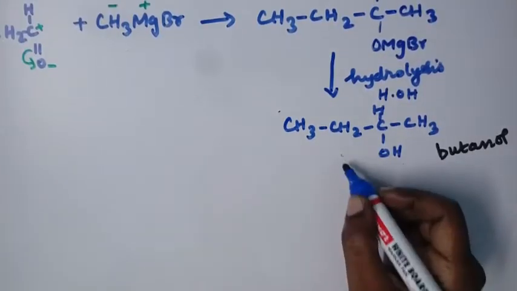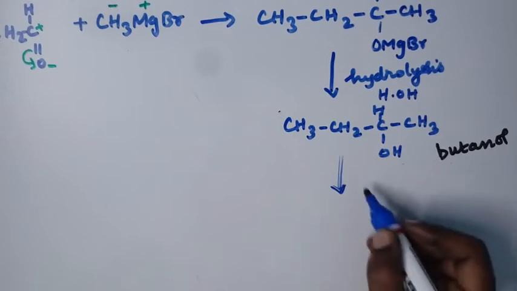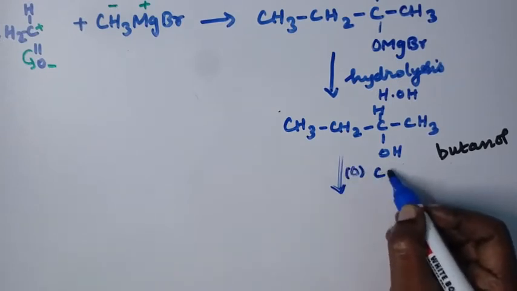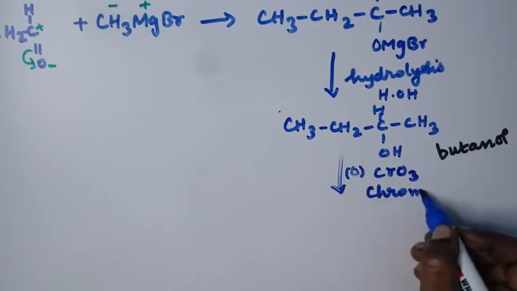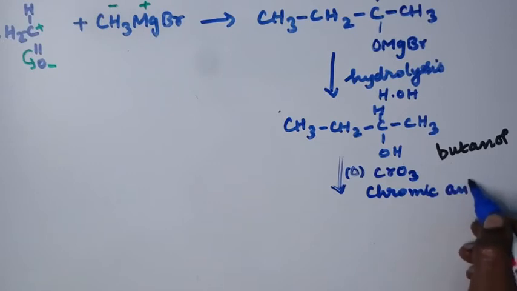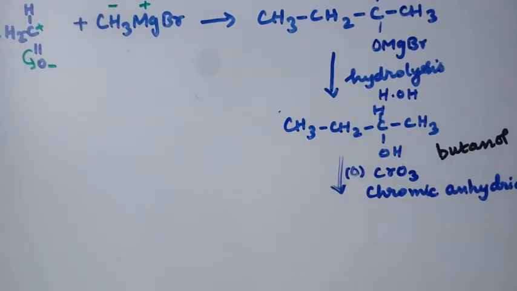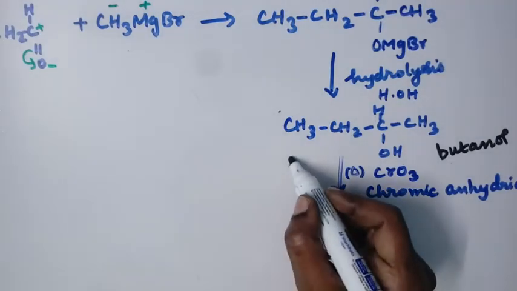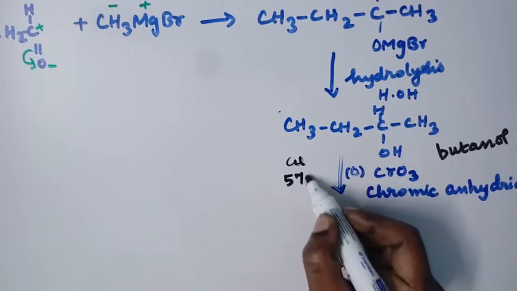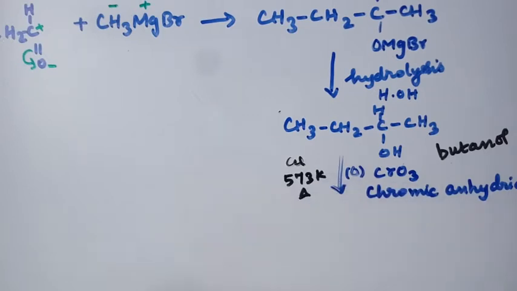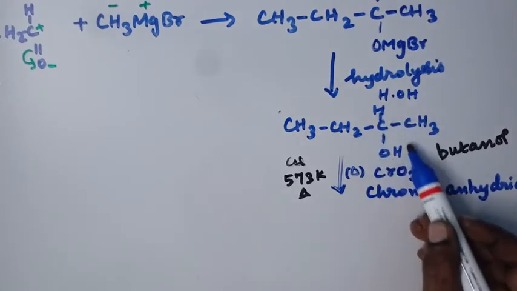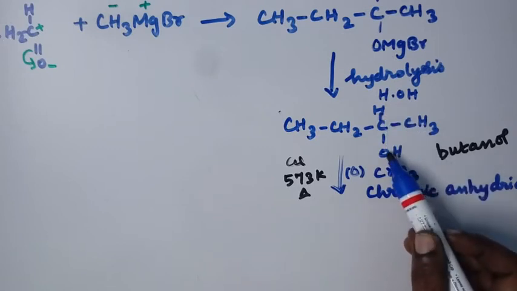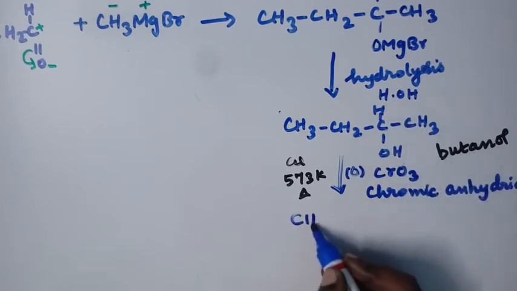The next step is oxidation of this butanol. On oxidation with chromic anhydride, CrO3, or with another reagent, copper at 573 Kelvin, if it is heated, we get the compound butanone. This is a secondary alcohol, CHOH. The secondary alcohol is converted to a ketone group,